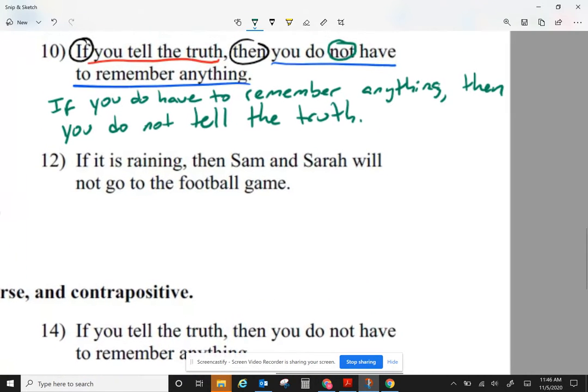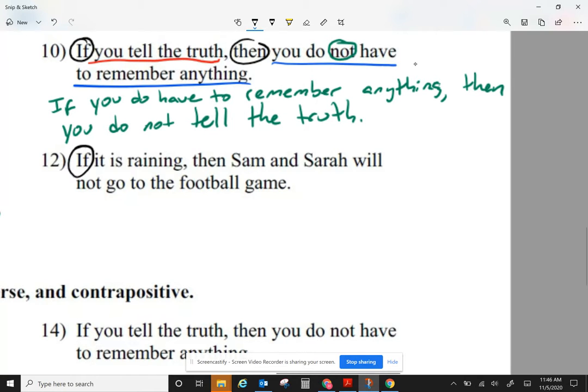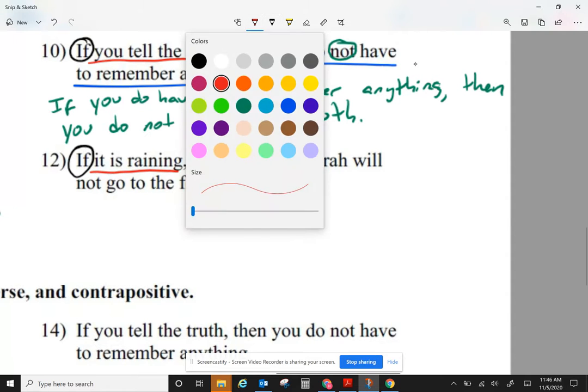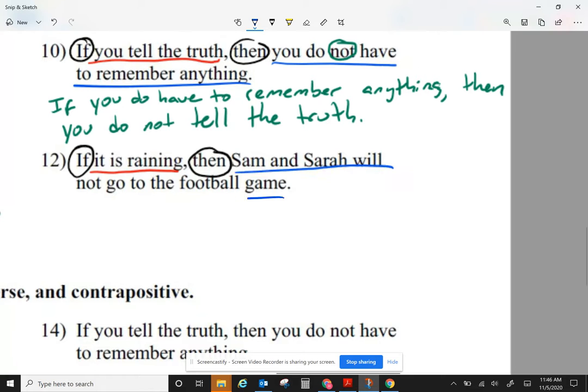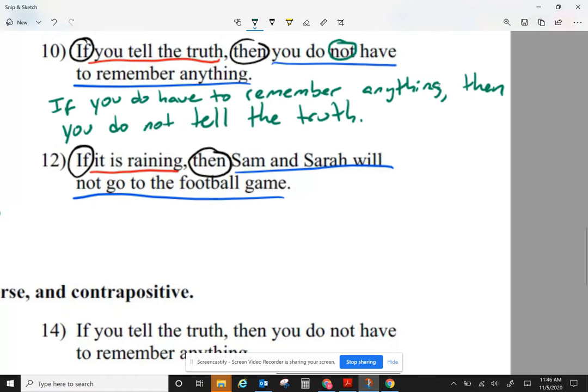Now let's take a look at question number 12. I'm going to identify my if and my then parts. The if part is my hypothesis. The then part is the conclusion. Now for the contrapositive, hypothesis and conclusion are going to switch places. I'm going to negate each of them. So then I will start with if,